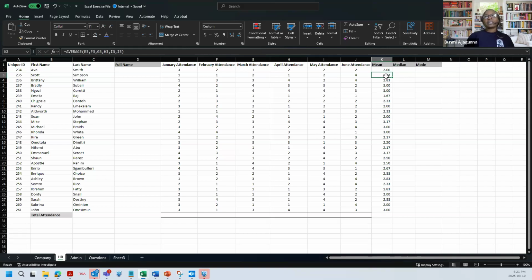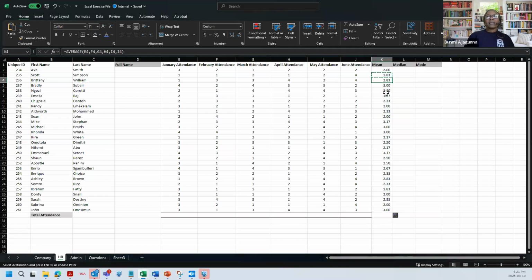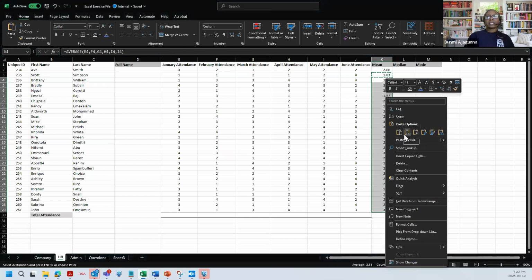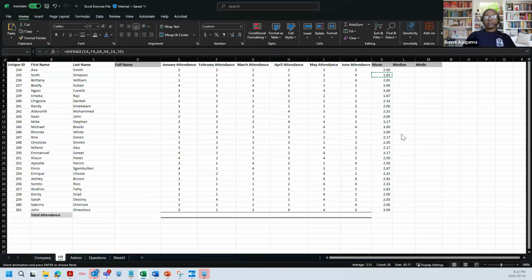Another way you could drill down is, once you have that, you drag manually down to the end, and it's the same effect. Another way is to just copy. You can click on it, right click, click copy, then select where you want it to go, and right click and press paste, and it's the same effect.